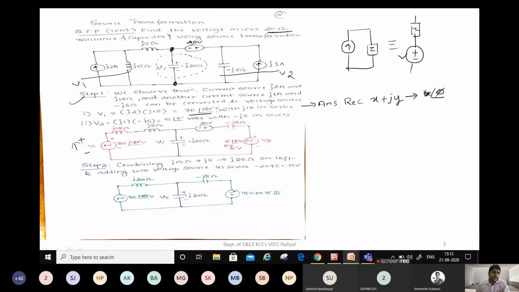the same activity. So here you observe that you will get the answer as 5, angle will be 0. That means we write in polar form, 5 is the same as 5 at an angle 0. Okay. So now we got this step. Next, what do we have to do? We should not disturb these 2 points. So we find that these two are in series and these two voltage sources are also in series.